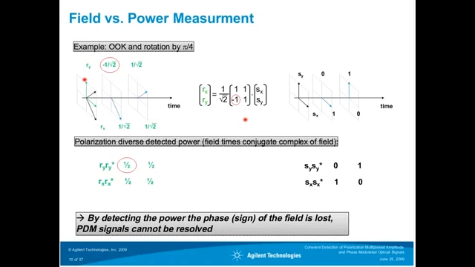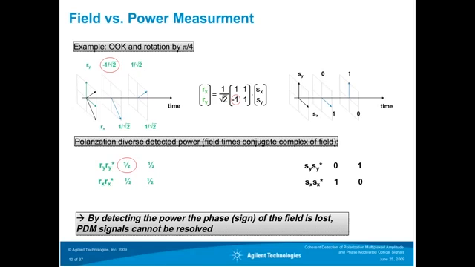And in this case, on the Rx of the receiver, you receive the same for both signals because it's always pointing in the same direction. But on the Y channel, you receive 1 over square root of 2 for the 1 of the SY and minus 1 over square root of 2 for the 0 of the SY. So there's a clearly visible difference in the field measured at the receiver.